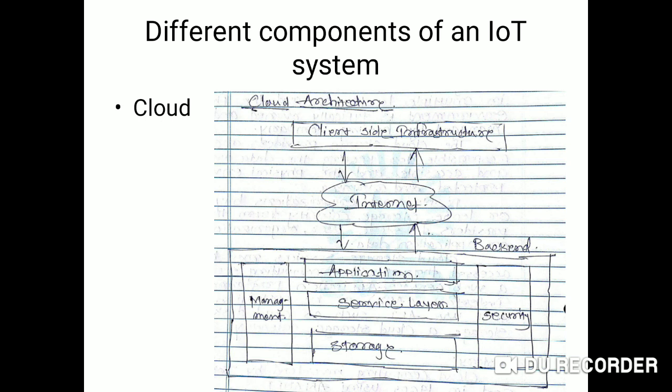So cloud at the backend consists of 5 different layers. One is application, then we have a service layer, then we have a storage, security, and management. So application provides you different types of services. Then we have a service layer here